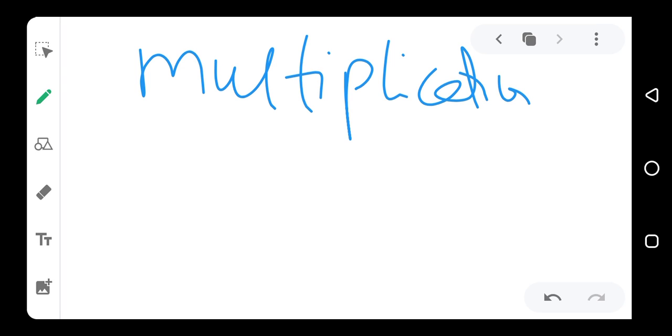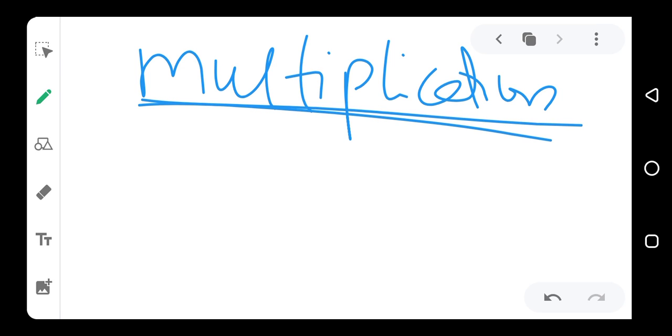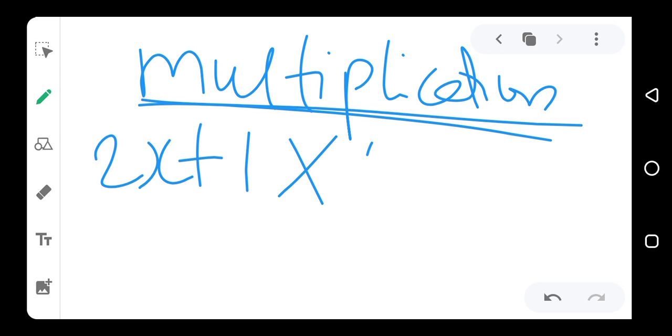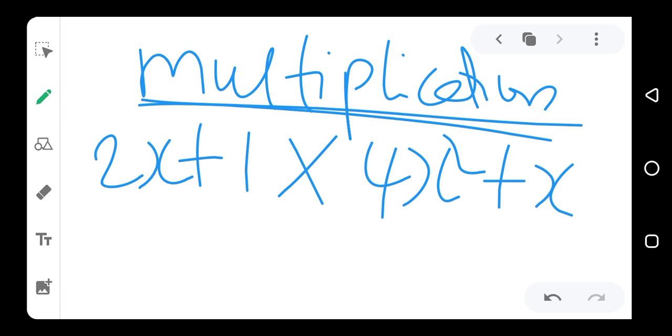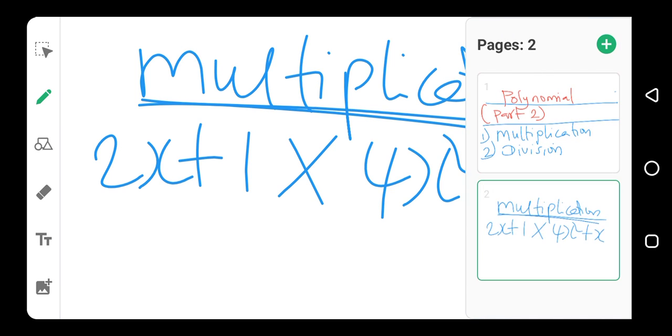If you want to multiply polynomials, what we do is we create what we call a FOIL. That is, we bracket the first polynomial and the second polynomial, multiply every term in the first polynomial by the terms in the second polynomial, and we get the products. For instance, if you have (2x + 1) times (4x² + x), now if you want to solve this, we are going to get